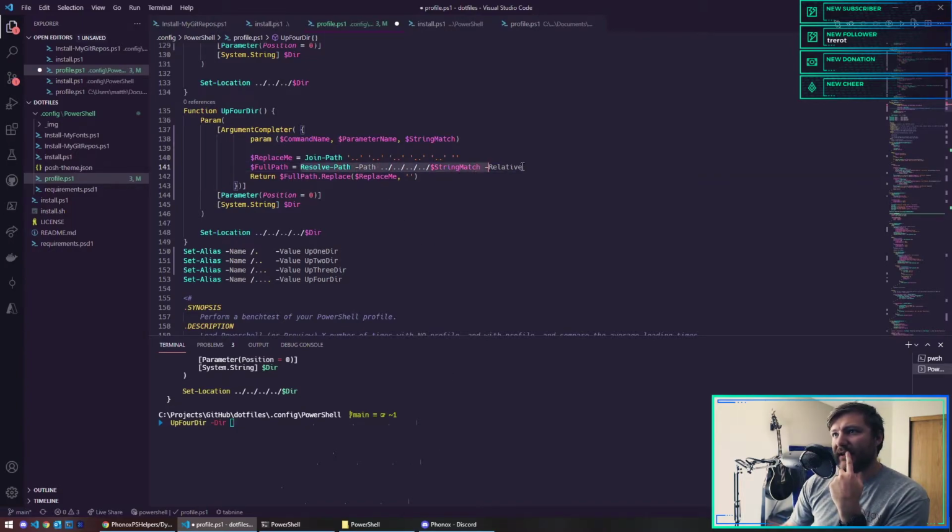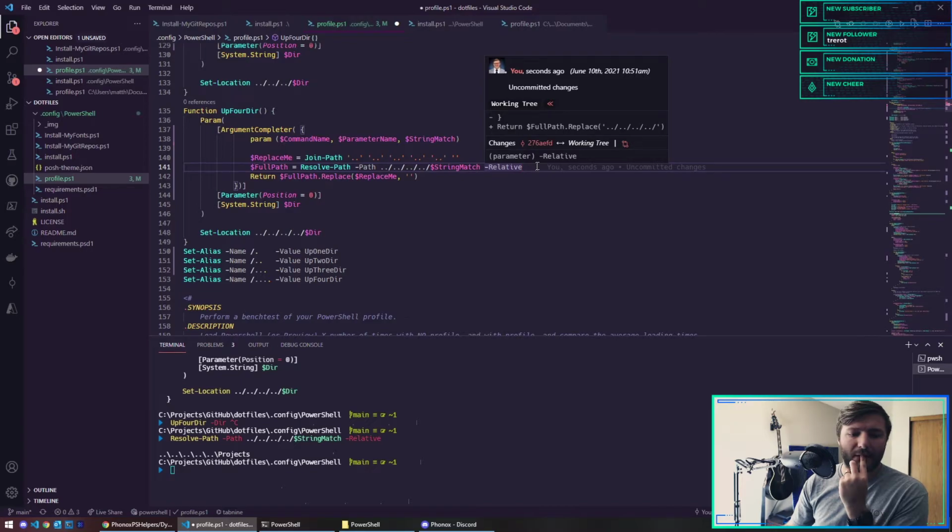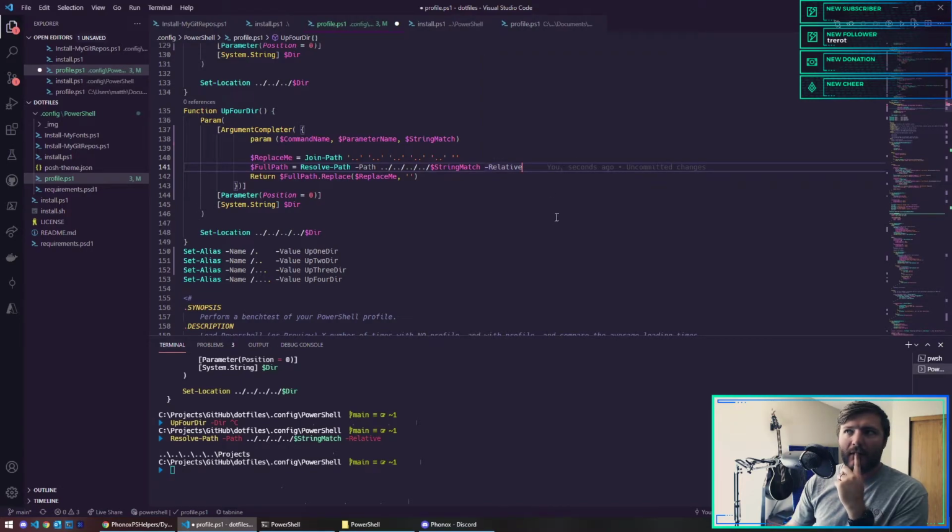Okay, if my string match is empty, what does this give me? It gives me projects. That's the folder I want to be in. That's the folder I want to start looking in. So full path. I think I need to do more with this full path. I think I need like